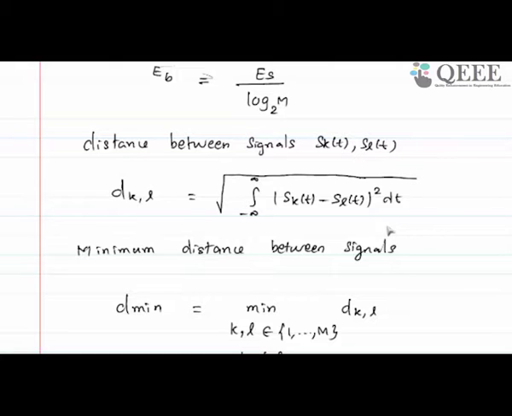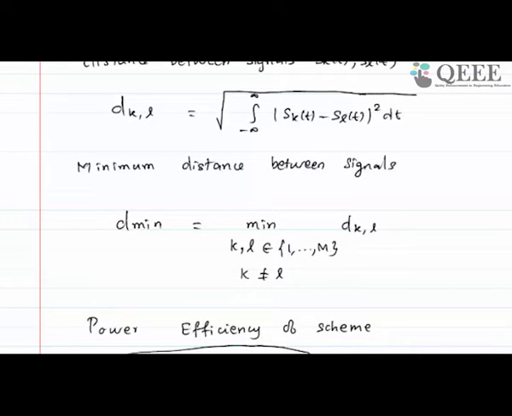I can actually define the distances using signals itself. Let's say S_k(t) is the waveform corresponding to the kth symbol, and S_l(t) is the waveform for the lth symbol value. Now I take the difference between them, S_k(t) minus S_l(t), take the square and then integrate it and take the square root. You can think of it as a way to measure the distance between signals. If S_k and S_l are very closely aligned, then the distance will be small. So that is captured through this particular formula: take the difference between the two signals, square it, integrate it and take the square root. So this is basically the distance.